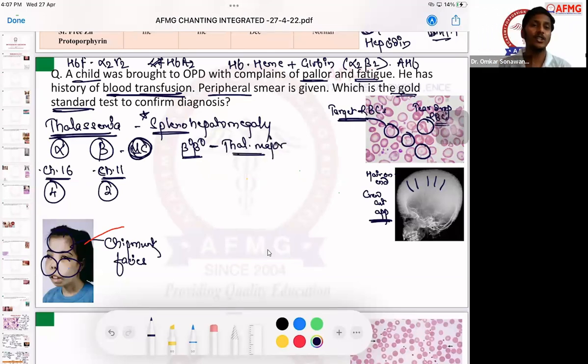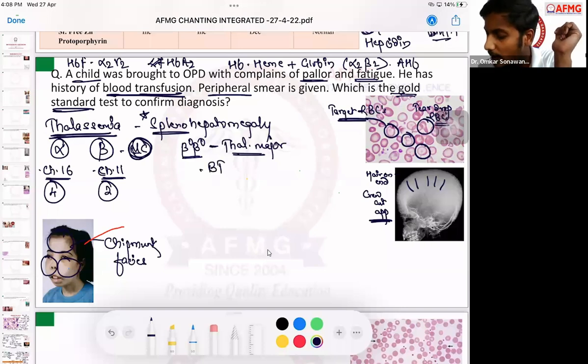Right? And here the patient's life would be completely dependent on transfusion. So the patient over here will require multiple blood transfusions. Recurrent blood transfusions are usually required in a patient of thalassemia major when both the beta globin genes are absent. If one of the beta globin genes is absent, one is present, one is absent,